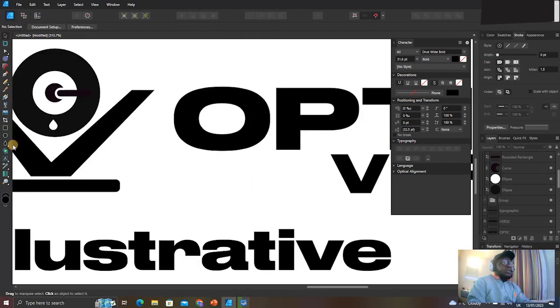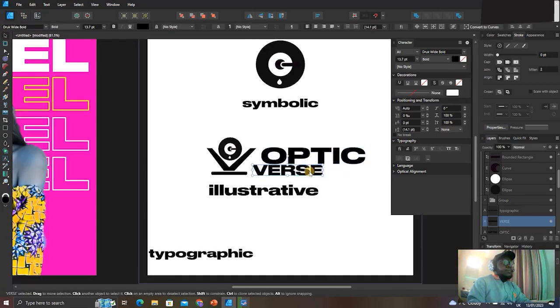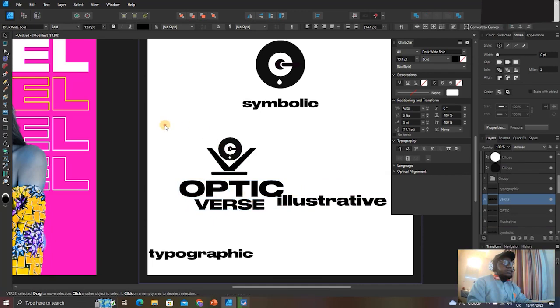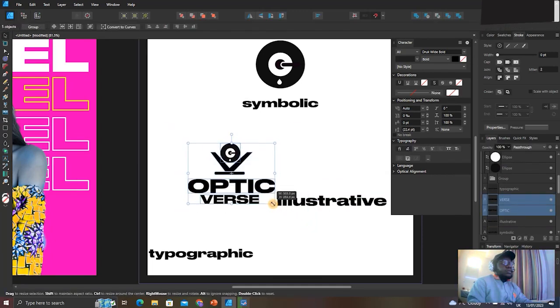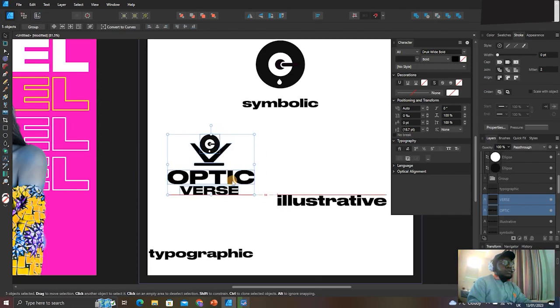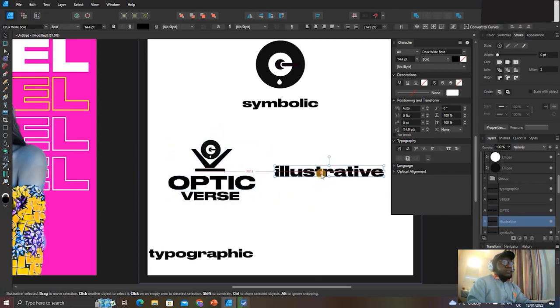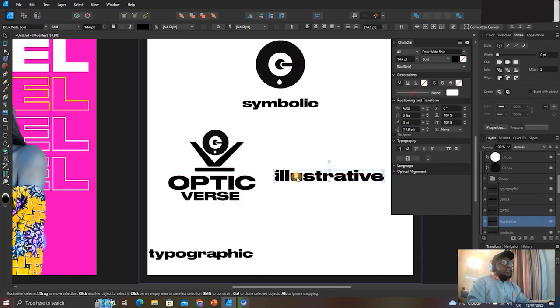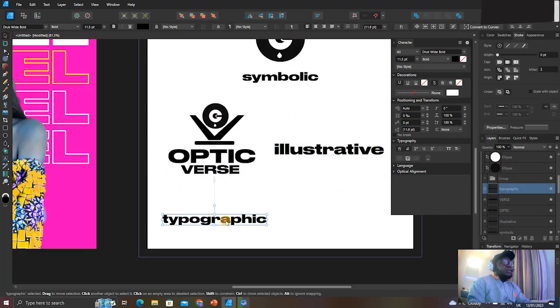So what I can just do is this. Let us keep it simple and leave it like this. Or you can just leave it under. Most times, people like to put it under like this. Optic Verse. So these are illustrative. Something like this is fine. Symbolic. Then typographic, now we have something like,